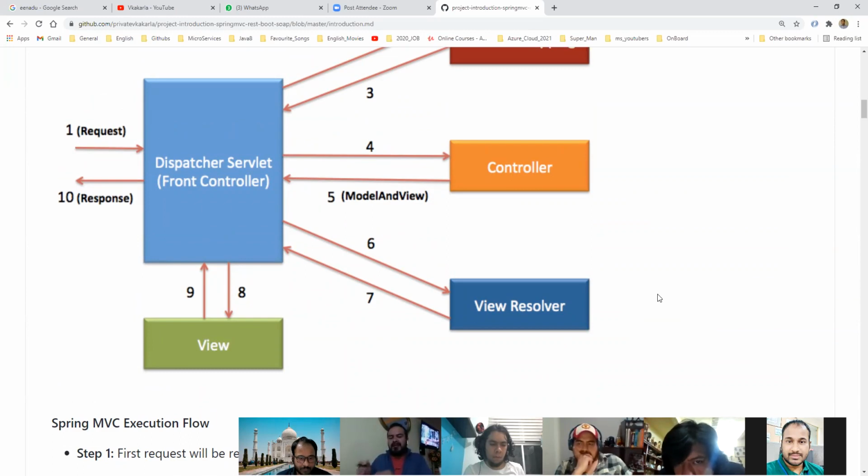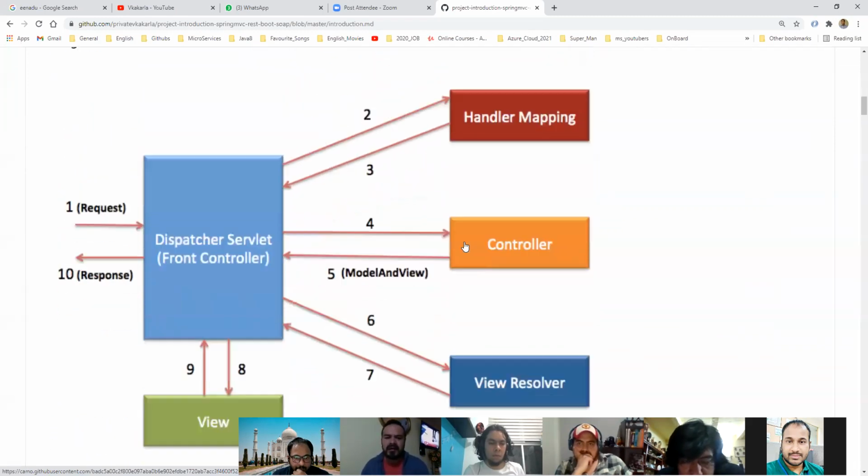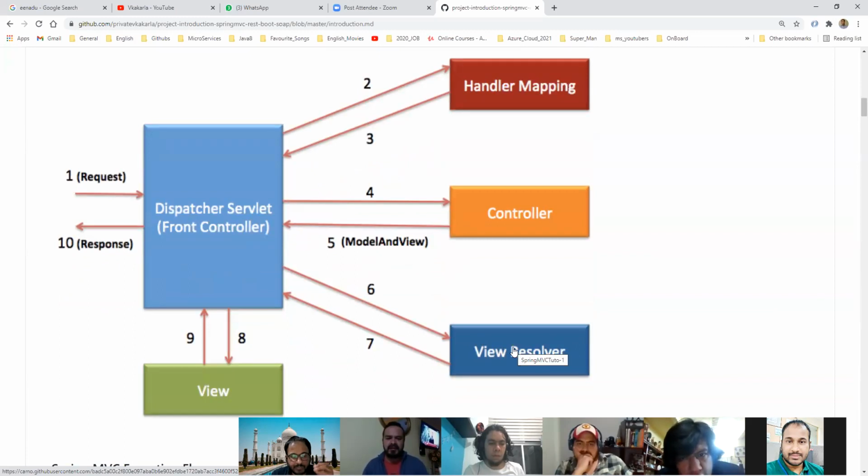But about the handler, that part, can I see it? Actually, in our case, handler mapping, dispatch servlet and view resolver will not appear physically whenever you are writing code. These are the internal components of the Spring framework which take care of the request and response. Behind the scenes, beyond the code, these are classes from the Spring framework which help your program. When you are writing, you are writing only the controller.